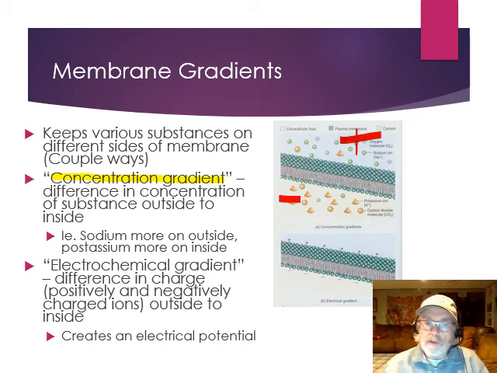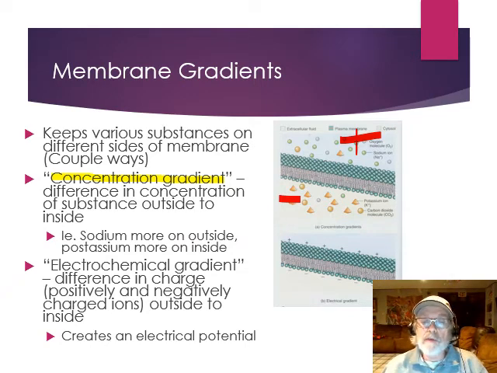Sodium and potassium are both cations, they're both positive. But I have sodium on the outside, and a small amount of sodium on the inside, a large amount of potassium on the inside, and a small amount of potassium on the outside. But we also have what's called the electrochemical gradient. The electrochemical gradient says I have a lot of sodium on the outside, and potassium is a cation on the inside, but